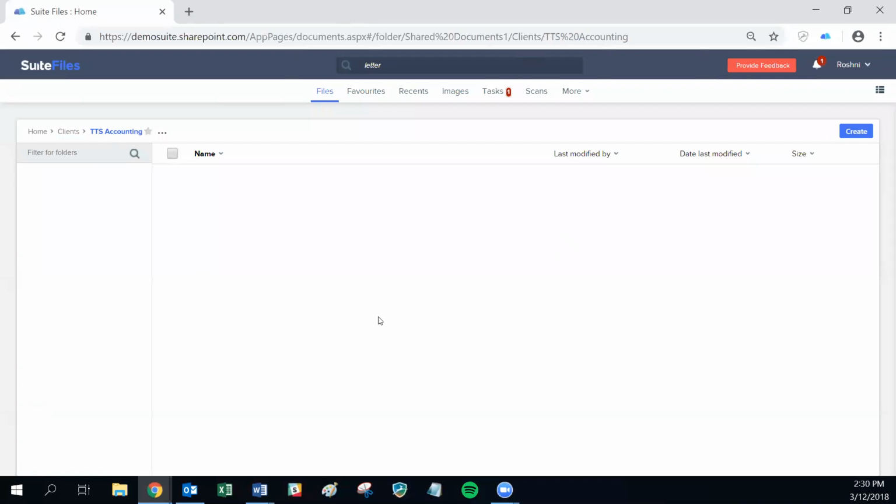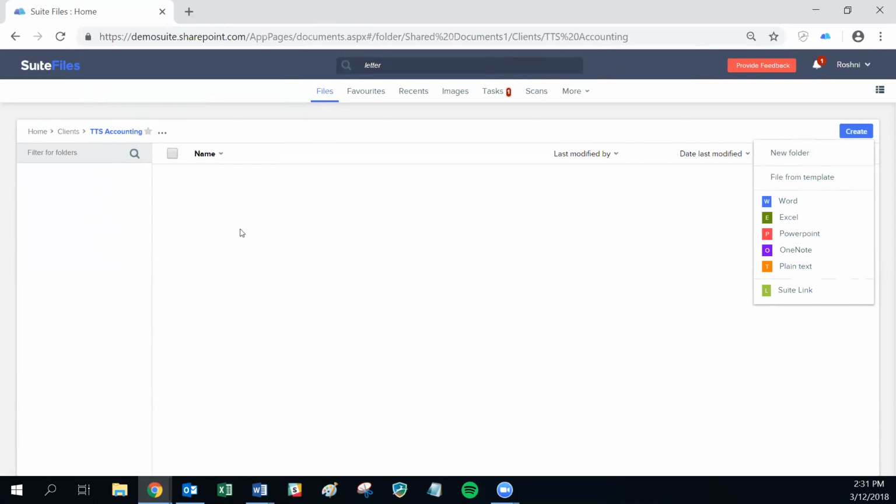So once we have created the new folder, you can see that SuiteFiles automatically directs you into that folder, ready for you to start adding files to or creating subfolders, which you can do by just clicking the create subfolder button with those three dots, or again just clicking the blue create button,